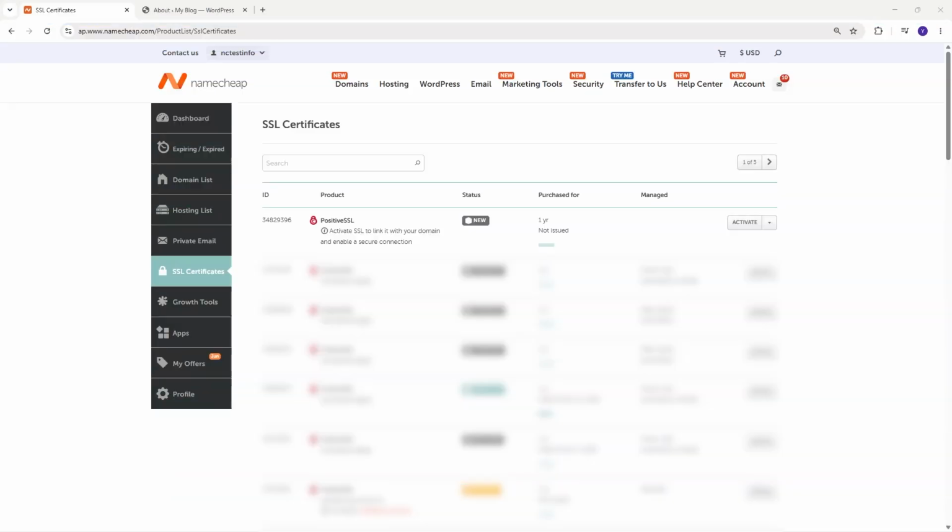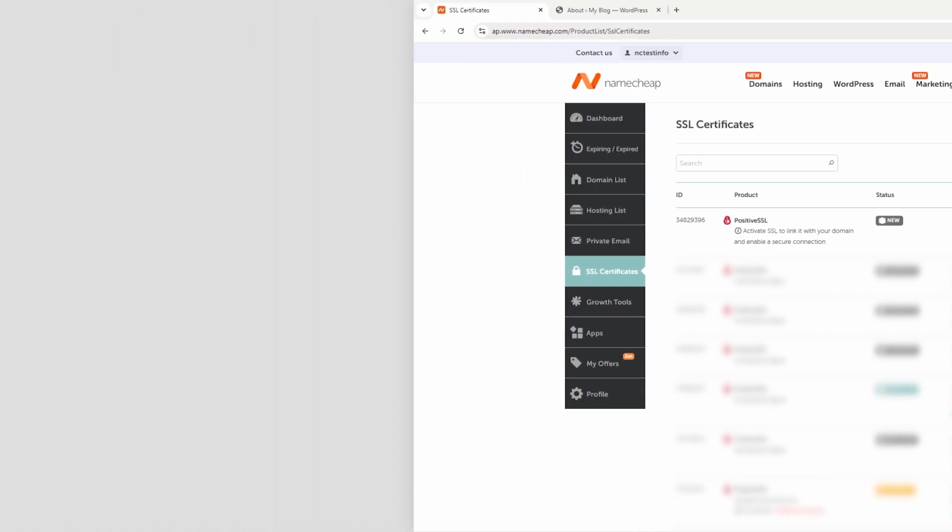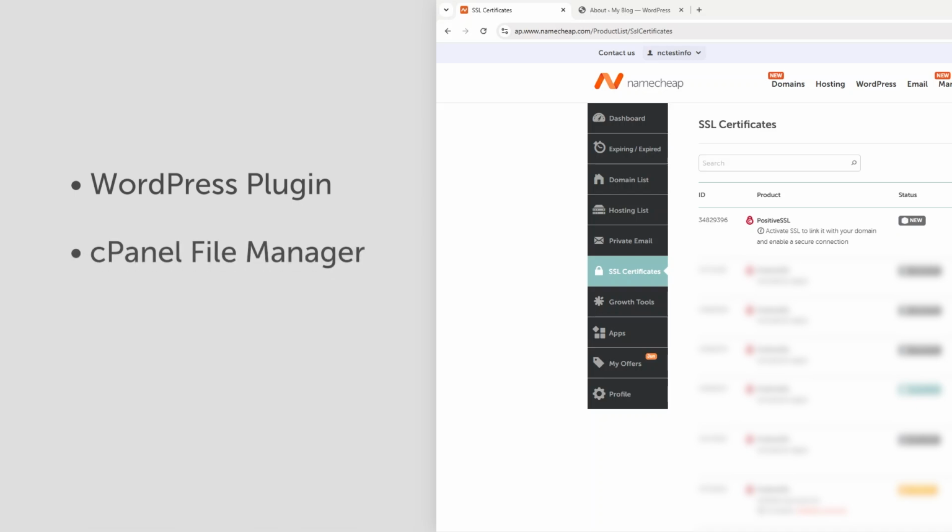In this video, we'll show you how to install an SSL certificate using SSL Manager. SSL Manager is built for cPanel and allows you to install certificates to your website in several ways, depending on your setup. First, we'll go through how to use the plugin to install an SSL certificate if you use WordPress